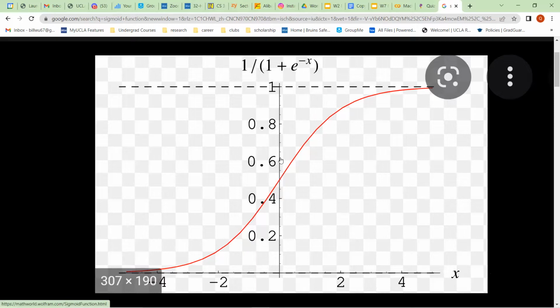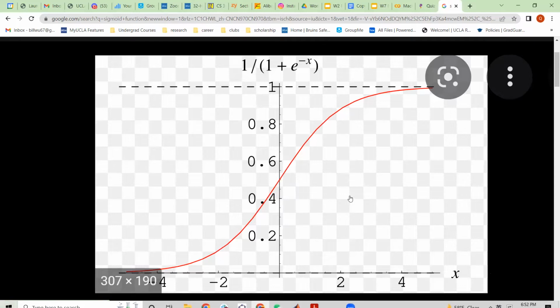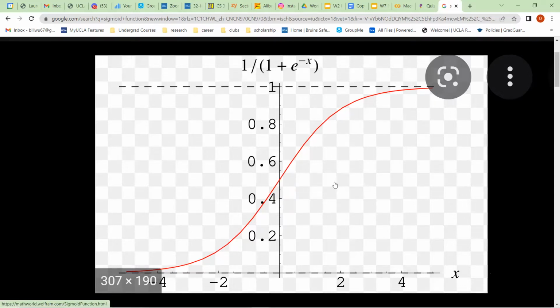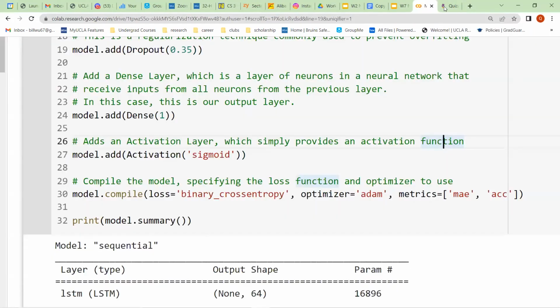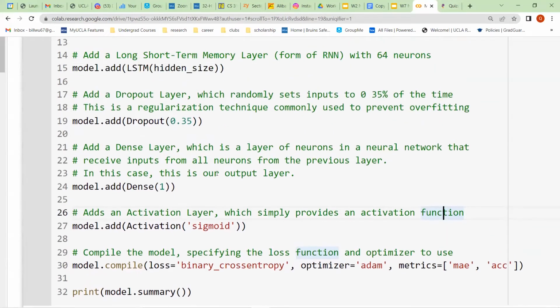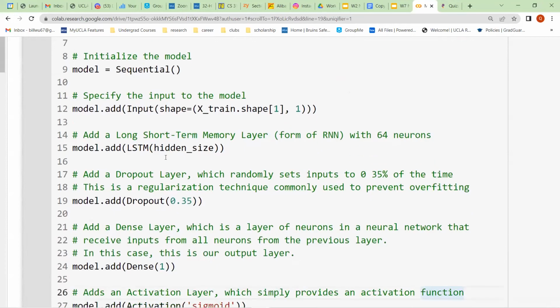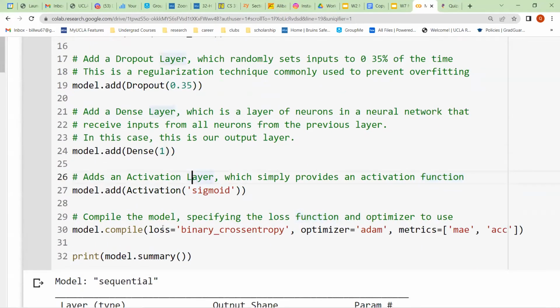If we want to clarify the distinction between 0 and 1, or any two sets of labels, you want to use an activation function to make that clarification more distinct when we're actually analyzing the data. So that's all the layers that our model consists of.